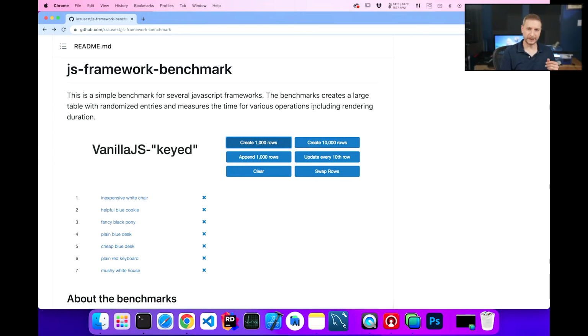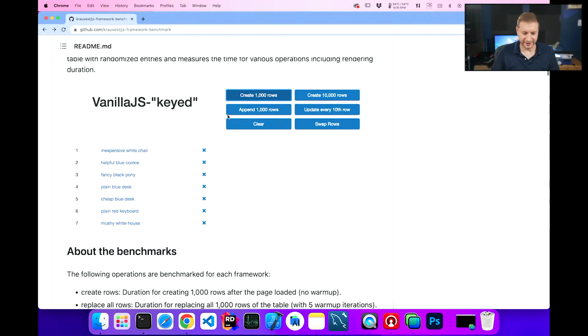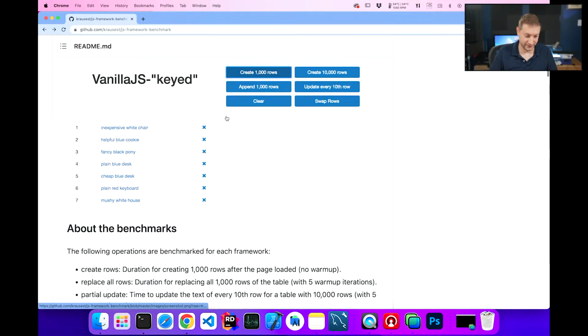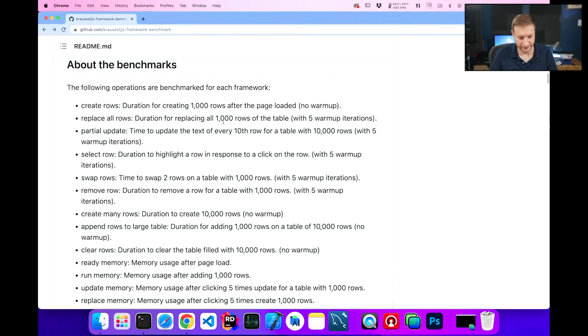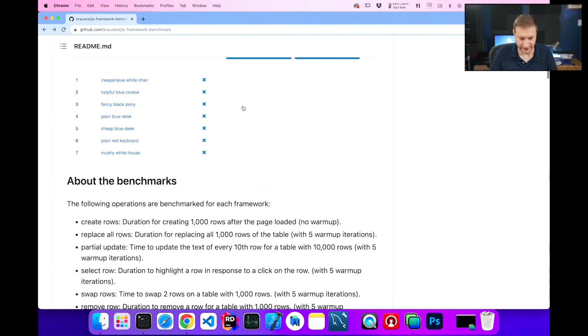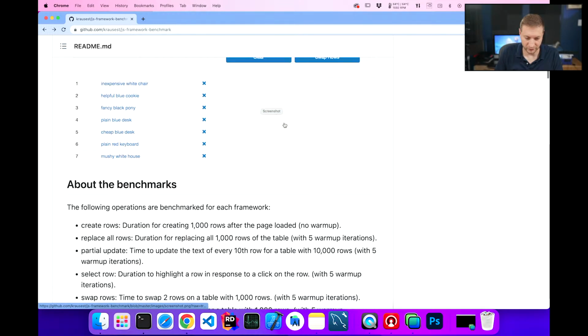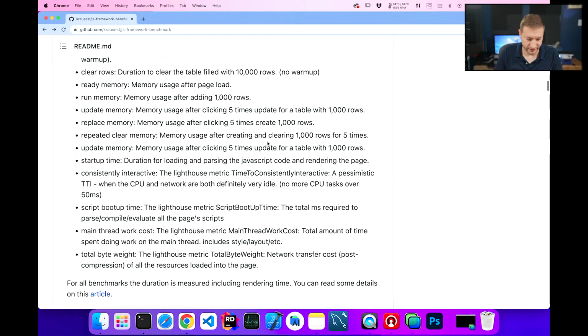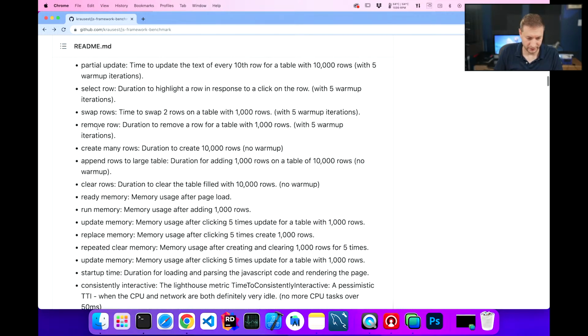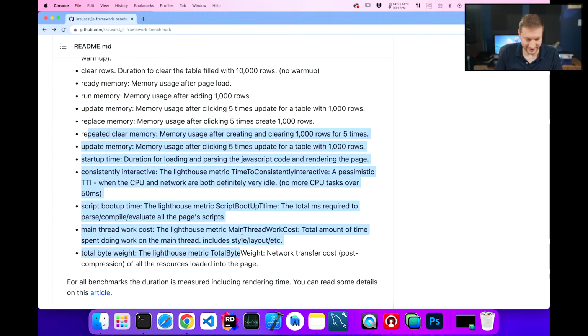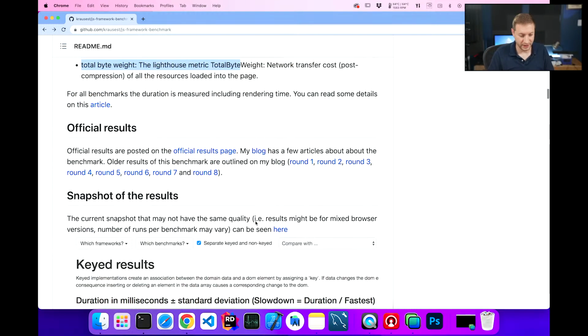If you remember, on my channel I've tested Speedometer. Well, this takes it up a few levels from Speedometer. It's pretty insane. It does all these tests, like creating 1,000 rows, appending 1,000 rows, 10,000, updating every 10th row, swapping rows, and so on. And it does this many times in a row. Here's the exact list of all the different things it does. It does some measurements. And then, for those of you that are in a big hurry today and just want to take this down,